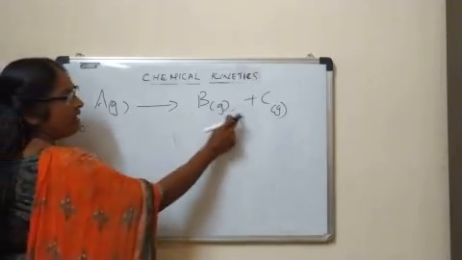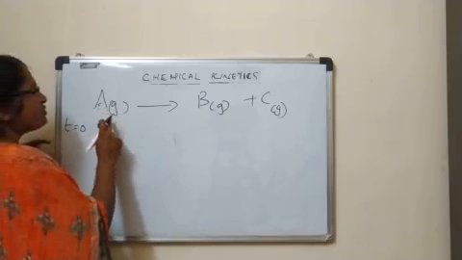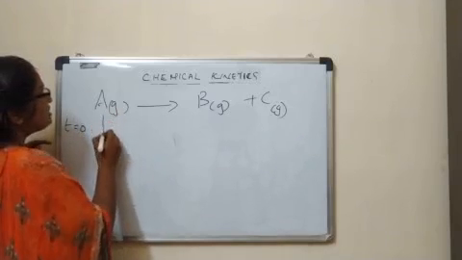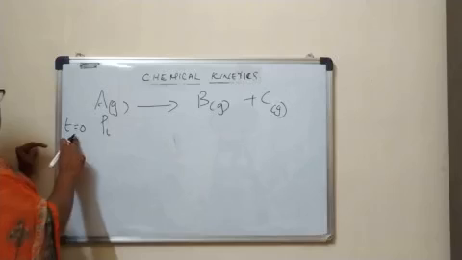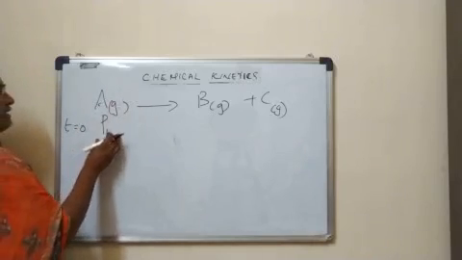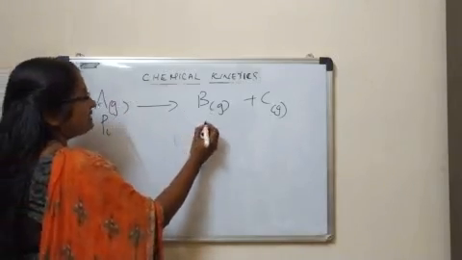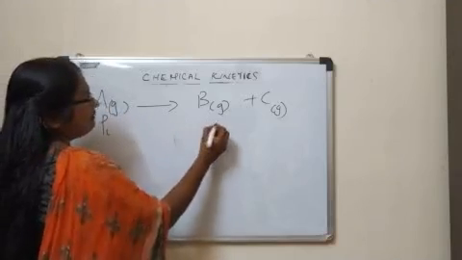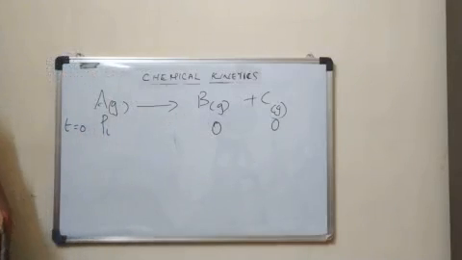There is no B as well as C at time T is equal to 0. So the pressure is due to only the A molecules. So the partial pressure or the pressure exerted by A, let it be Pi, at time T is equal to 0. That is the pressure exerted by A molecules. The pressure due to B is 0 as well as pressure due to C is also 0.